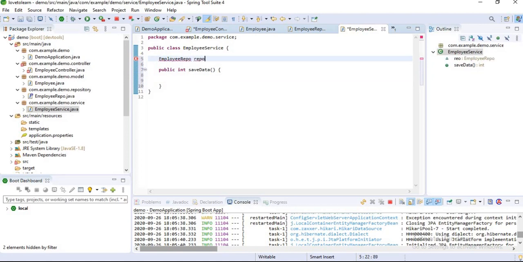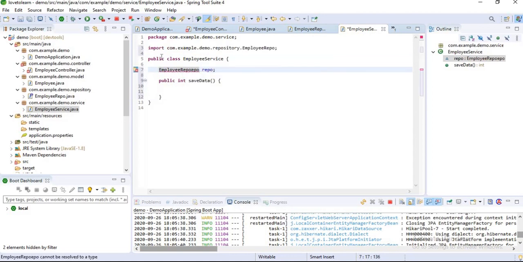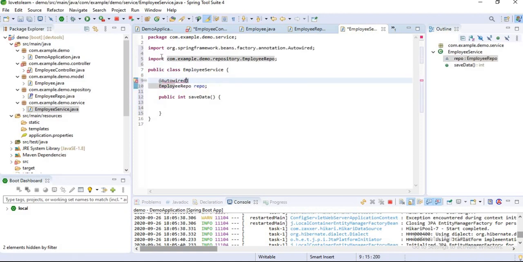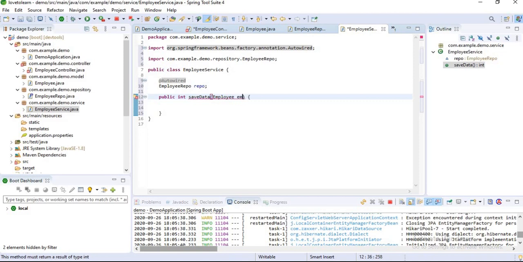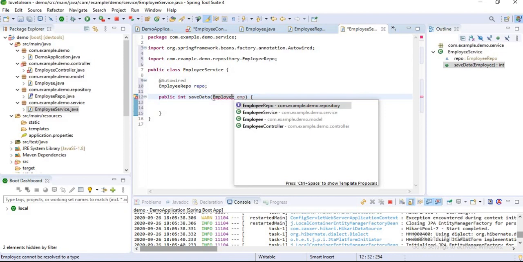Its name is repo, and let's import this repo class, and let's autowired. Import this autowired. Okay, how can you get the data here? We'll get the data from our controller, and let's import this employee.